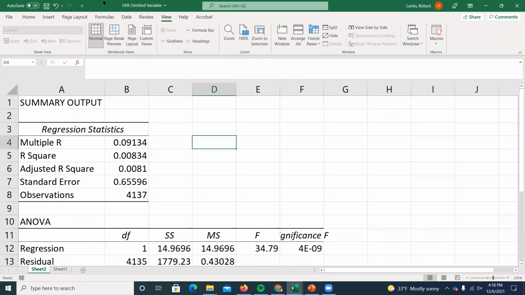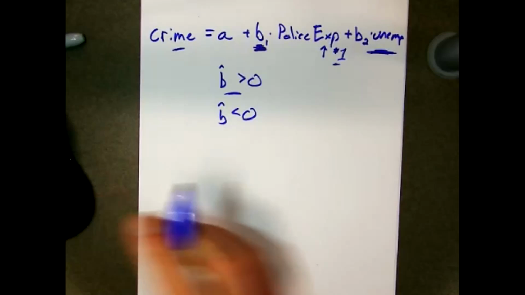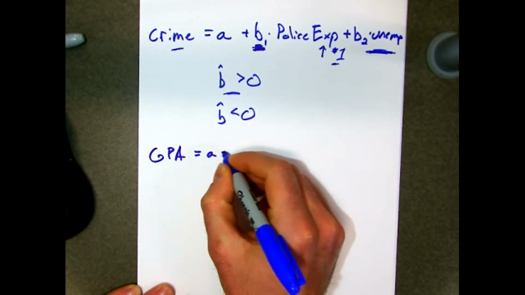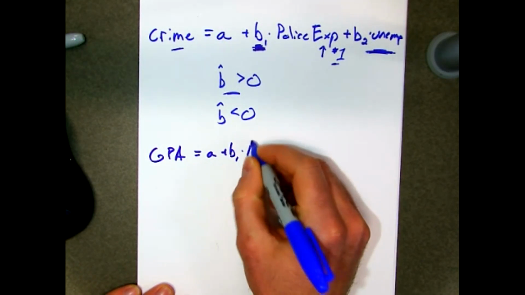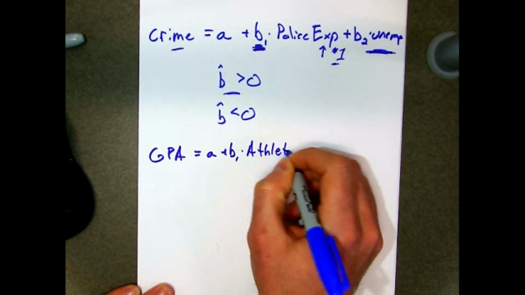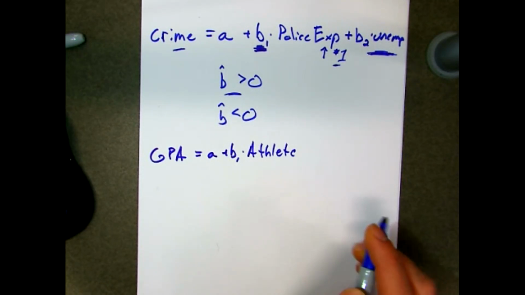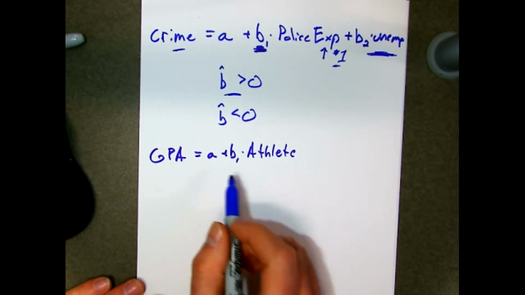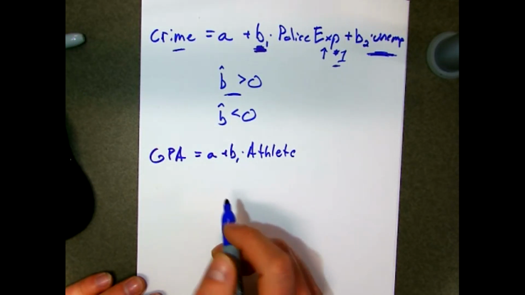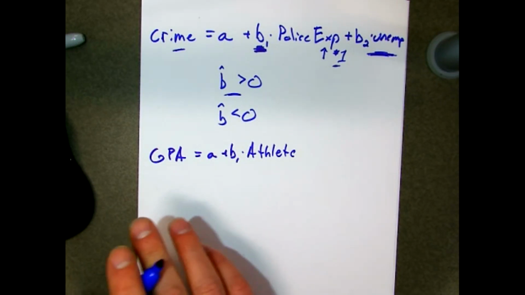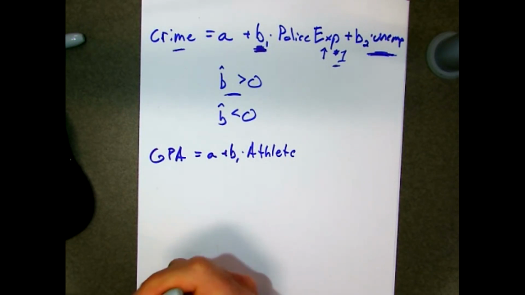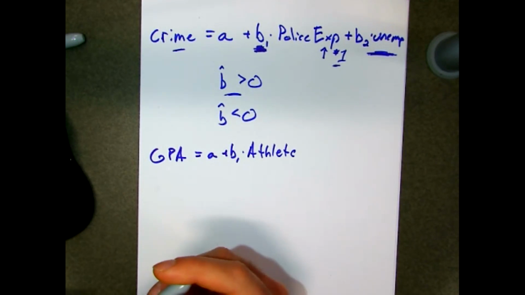So what we just did there was, as our Y variable, we had GPA, and we were trying to predict that using this indicator variable, which is a 1 if the student was a student athlete, 0 if not. The question might be, is being a student athlete a good or a bad thing for a college student? I remember when I was an undergrad, I had a class with this football player at Purdue,